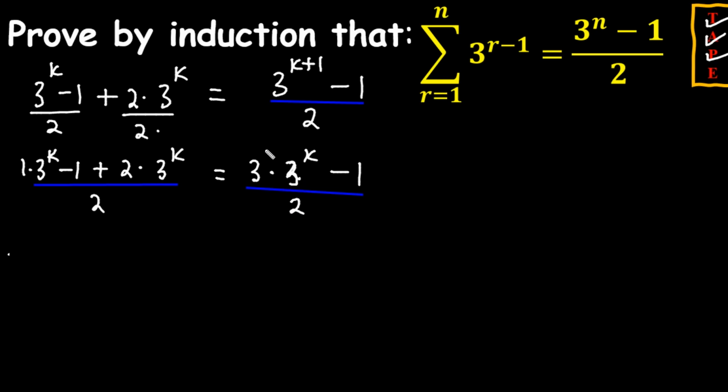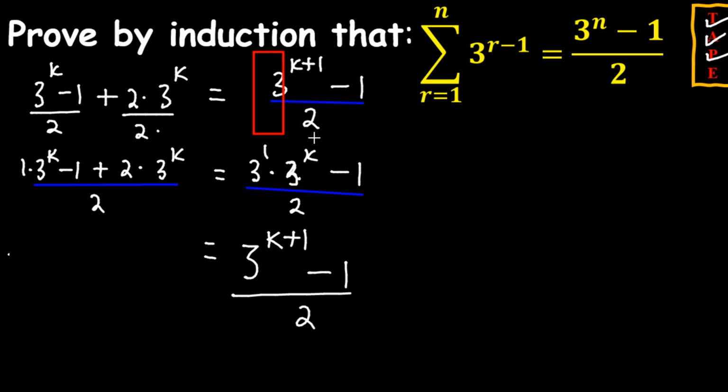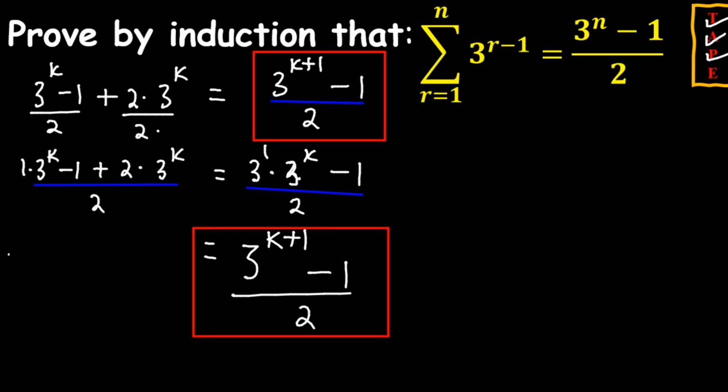But now, when we look closely, we have 3 to the power 1 and 3 to the power k. And when we see this in indices, we say numbers of the same base, we just add the what? The powers. So when we do it, we shall have 3 to the power k plus 1 minus 1. Everything is divided by 2. But now, students, when we compare the right hand side to the left hand side, it is clear that they are the same. And when we see this happening, we shall say, hence, the formula is valid